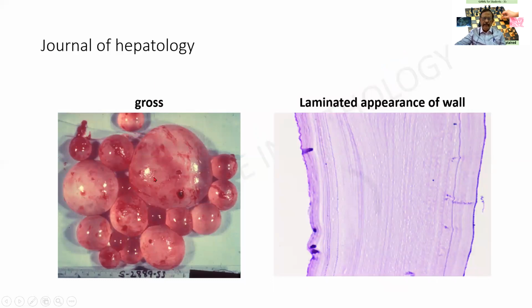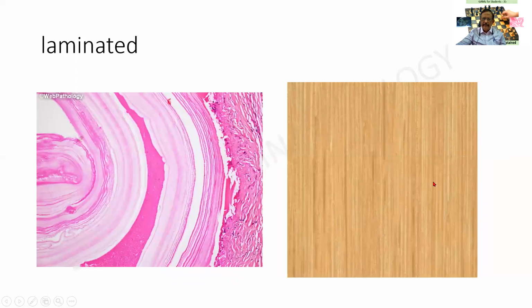Again, a picture from the Journal of Hepatology, multiple cysts of varying sizes, and in this one, I would like you to appreciate, probably this will be the only thing that will be striking us. I am getting a laminated appearance and then a germinal layer. Without this, I will not be able to see anything else. And this is a laminated wall. I would like you people to kindly compare these lines with these lines. So this is a classical appearance, as I mentioned earlier, the pericyst, laminated wall, and inner germinal epithelium.